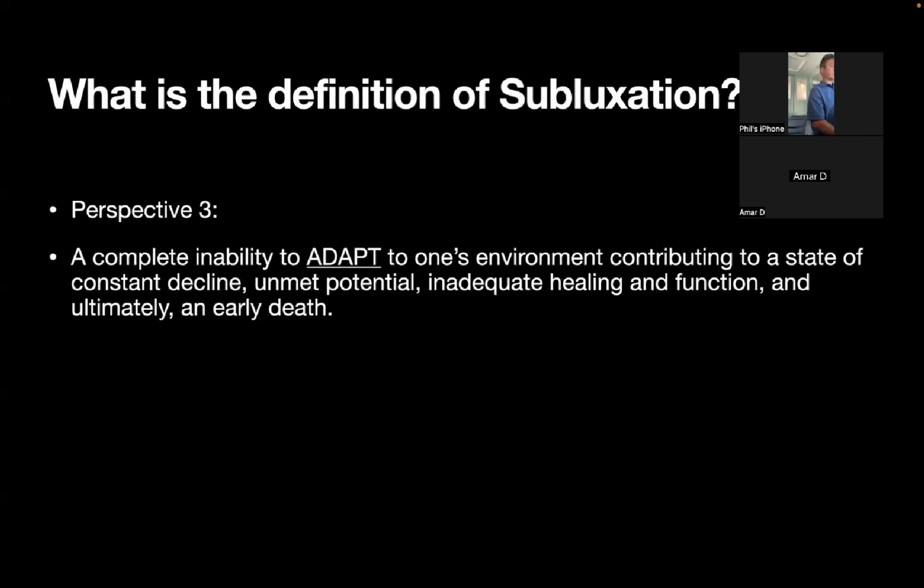So now, if you take perspective 2 and say, okay, we have subluxation, it's affecting us neurologically. It affects the meninges, it affects the flow of CSF, it affects the transmission of nerves from the brain to the body, body back to the brain. It's a complete inability now to adapt. And this is the biggest thing, because this truly, I feel, is the root cause of all people's illness, health, early death, and lack of creativity, lack of full function, lack of their potential. So this is the root of unmet potential.